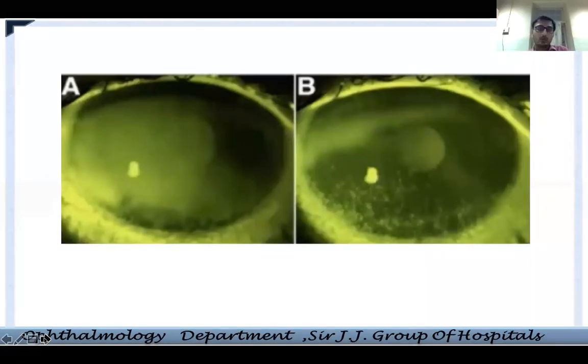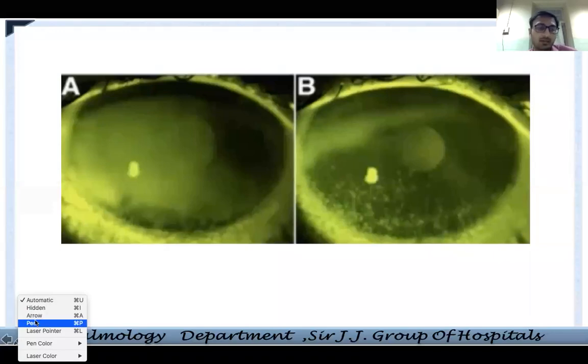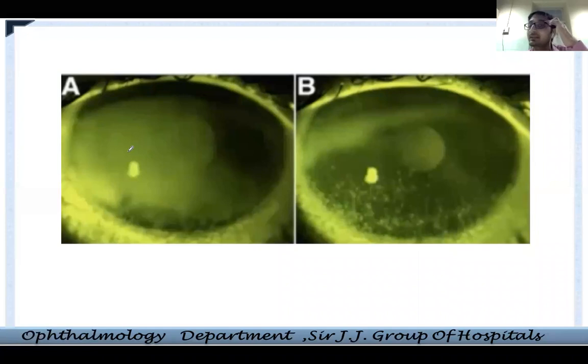So what is this I'm trying to show? This is the same example that I gave you, that you tell your colleague to please stain, and then I will see after a while. Or the other way around, that you tell your junior who has just joined to go and stain.